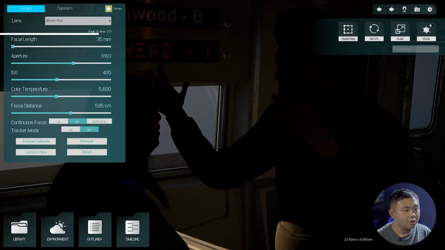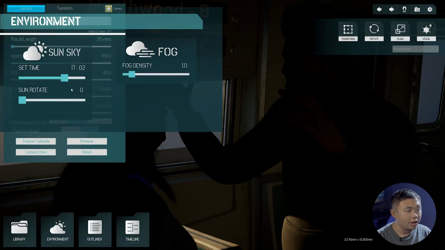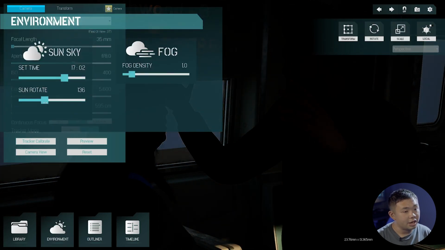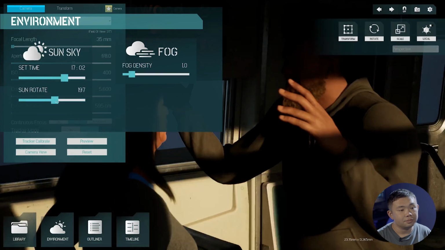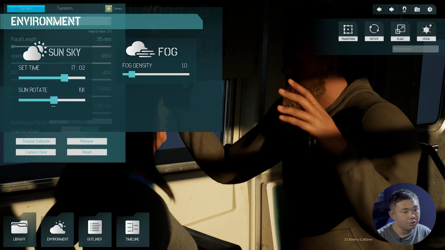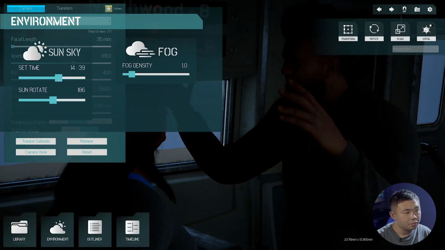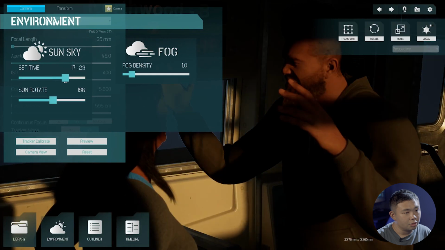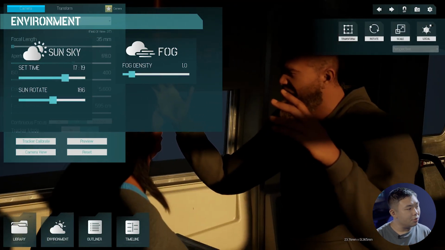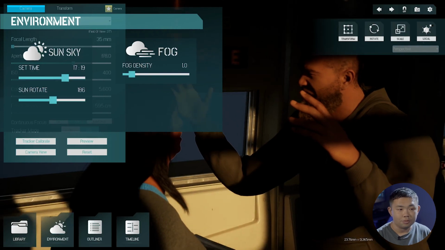What can we do? One of the reasons is that now the sun is not really shining in the right direction. So we just need to change the sun direction and see whether there's any difference. Alright, this direction looks good. Can we do a little bit more? Yes. Change the time. Alright, so now it looks a bit great. But still, the interior environment is just so dark. So what can I do?